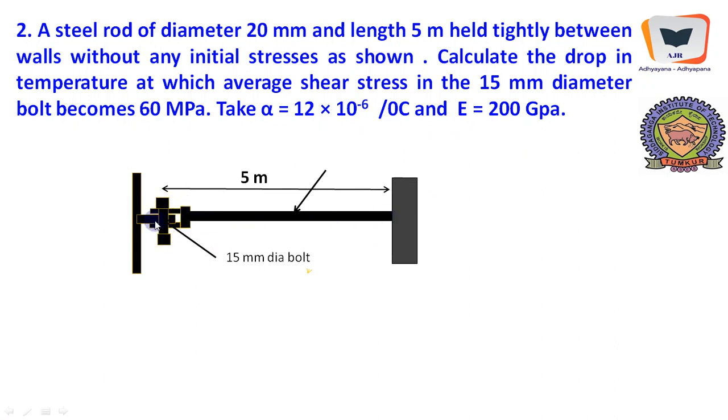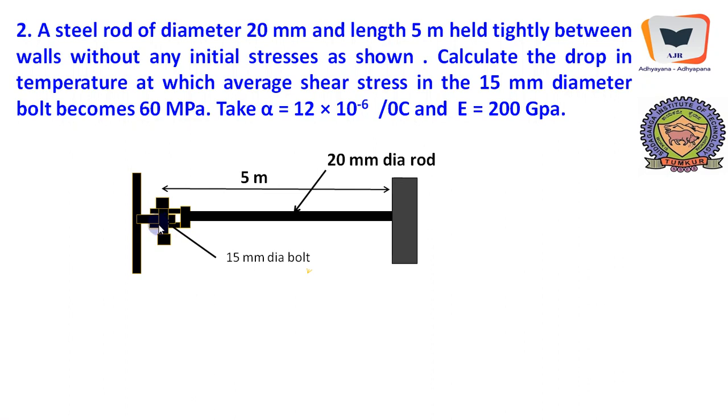This end is fastened with a bolt, and this bolt is tightly tied to this particular wall, and the walls are unyielding. Therefore, the temperature is being cooled, and when the cooling happens to a particular degree, it will cause tension in this bar because the contraction is prevented. The force in this bar is a tensile force, and this tensile force will create the shear here, and the shear here is a typical example of a double shear, because if it breaks,